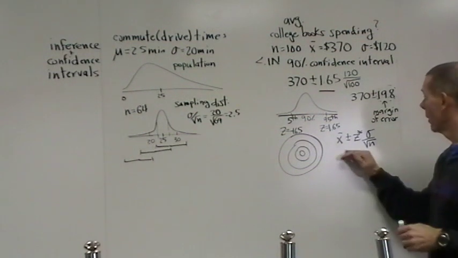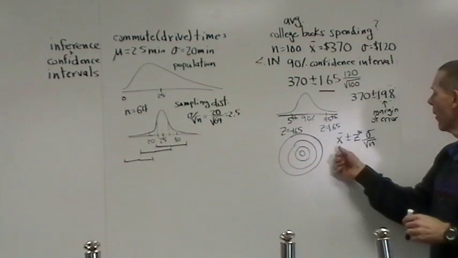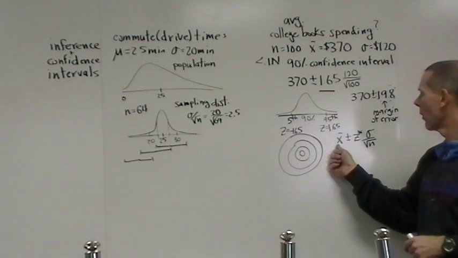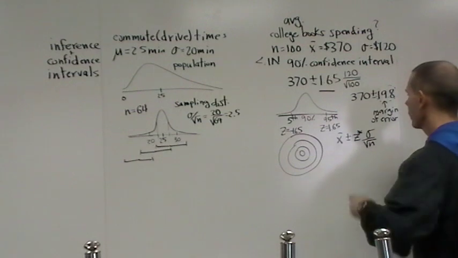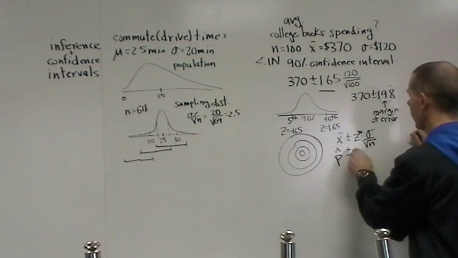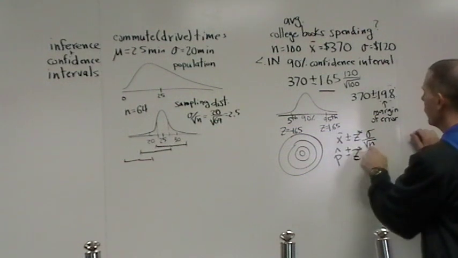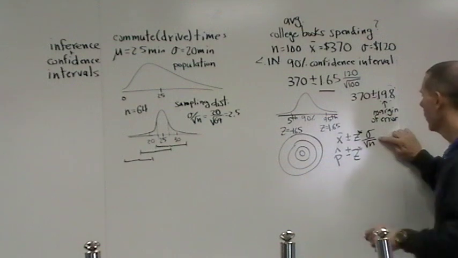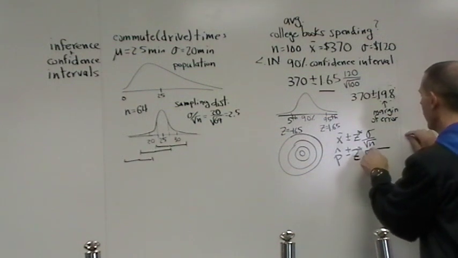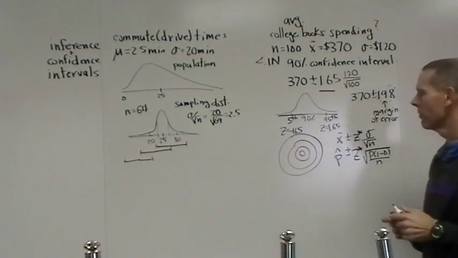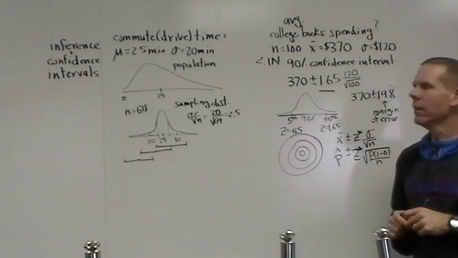So this is in your book. In fact, this is even on your formula page, I believe. They don't call it X bar, they call it the statistic. Because in the future, this could also be replaced by p hat. We could do the same kind of thing with proportions. We would still go plus or minus, it would still be Z star, but you wouldn't be able to use this formula if you're looking for a confidence interval for proportions. You would simply replace it by the formula that we have used already for the standard deviation for sampling proportions.